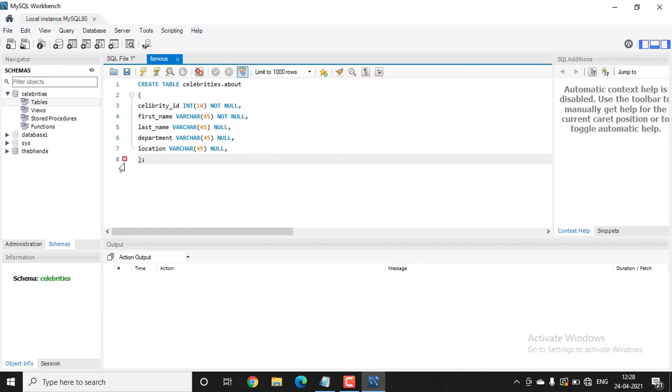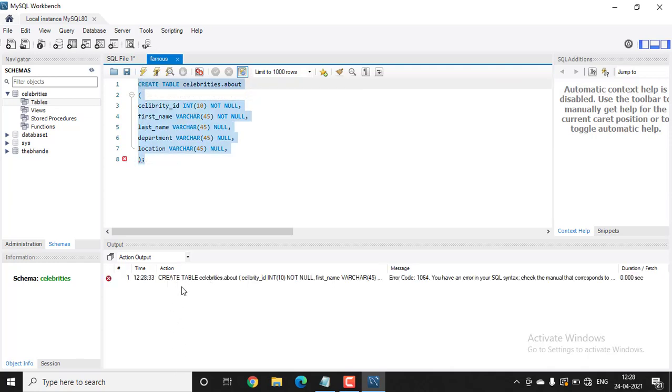But here still we can see there is an error. Let's try running this. There's still an error. What might be the reason for this? The reason is we forgot to mention the primary key for this table. So let's go to the next line and type primary key, open bracket, and select the column name which you want as primary key.